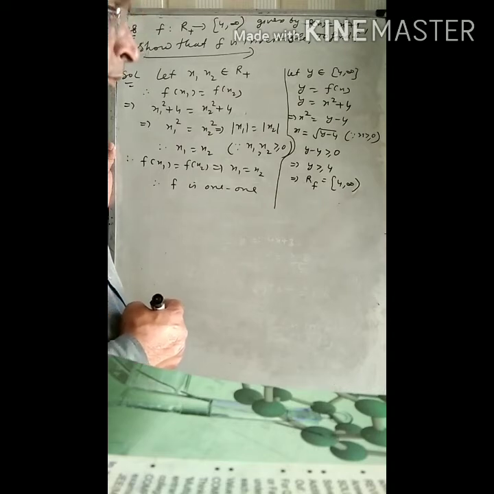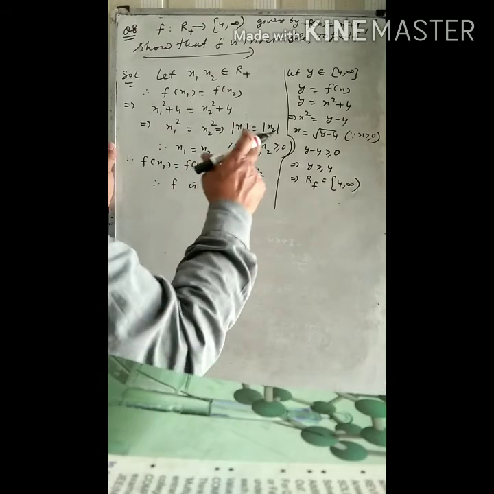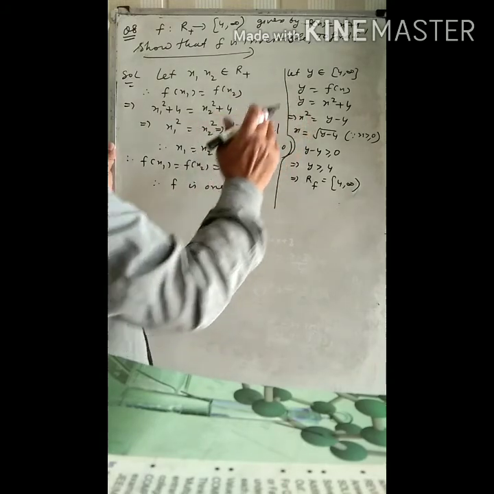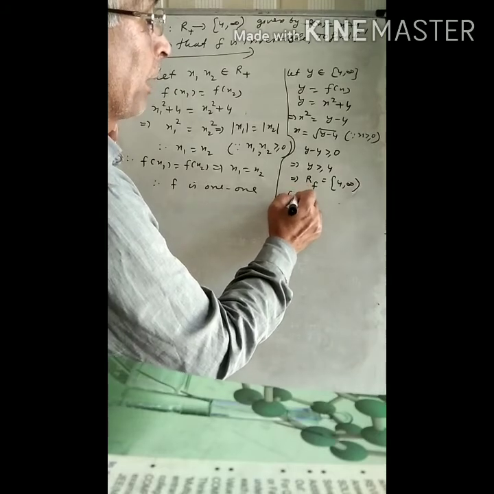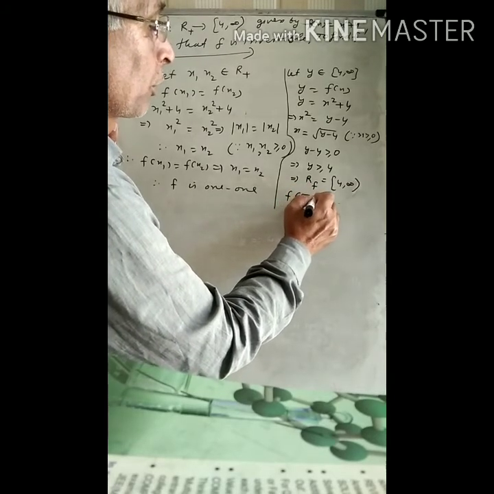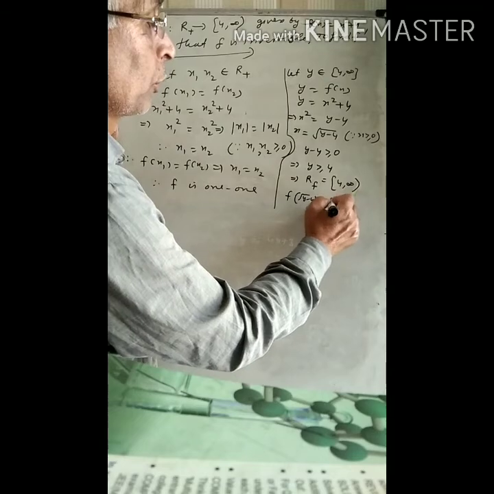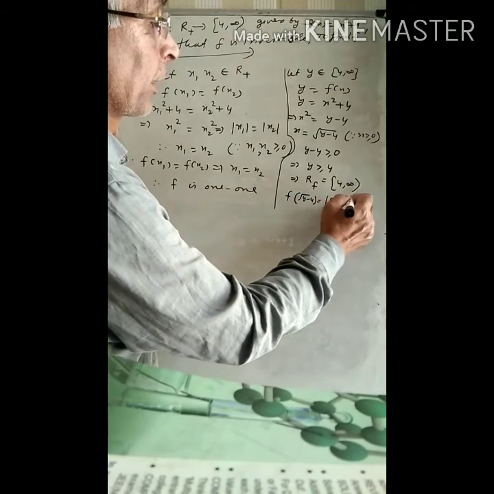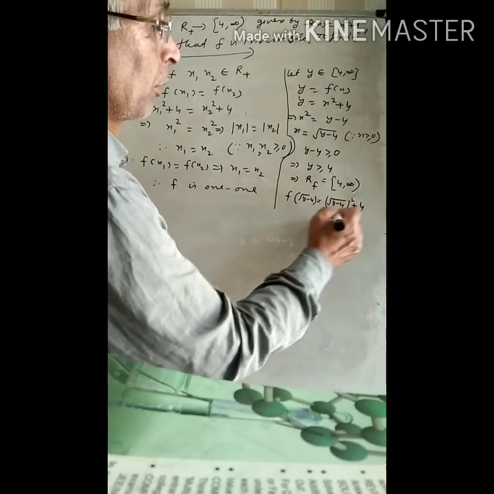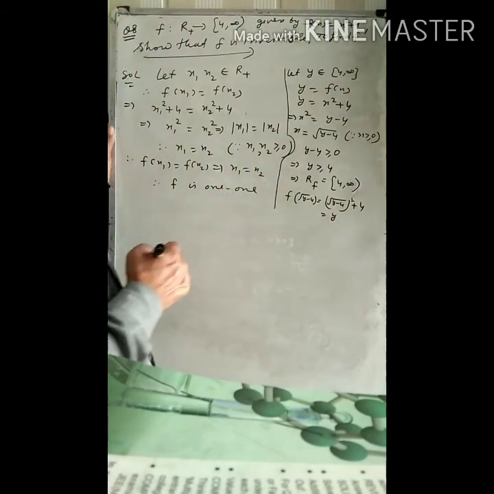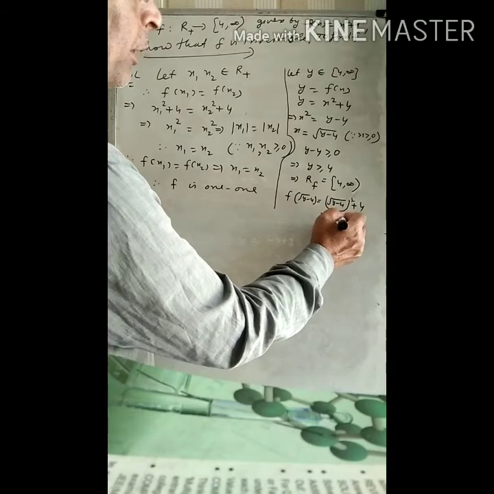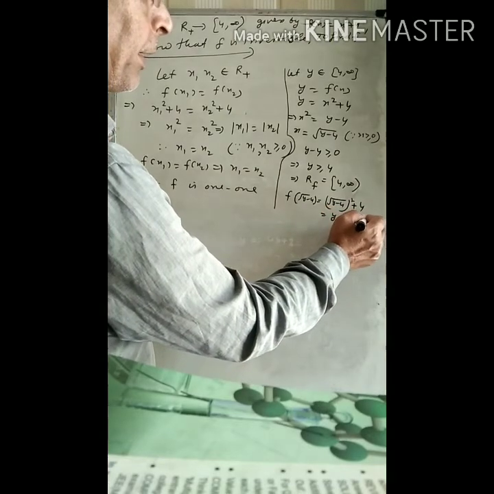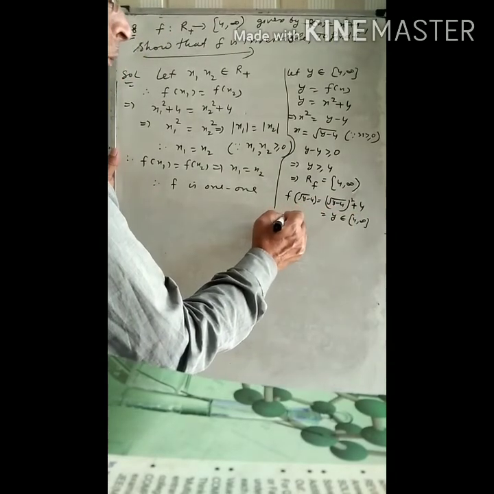अब देखिए, उसी प्रोसीजर से आप कर सकते हैं। f of root of y minus 4 is equal to (root of y minus 4) का होल स्क्वायर प्लस 4, this is equal to y. और y बिलोंग करता था 4 to इनफाइनाइट में। तो देयरफॉर